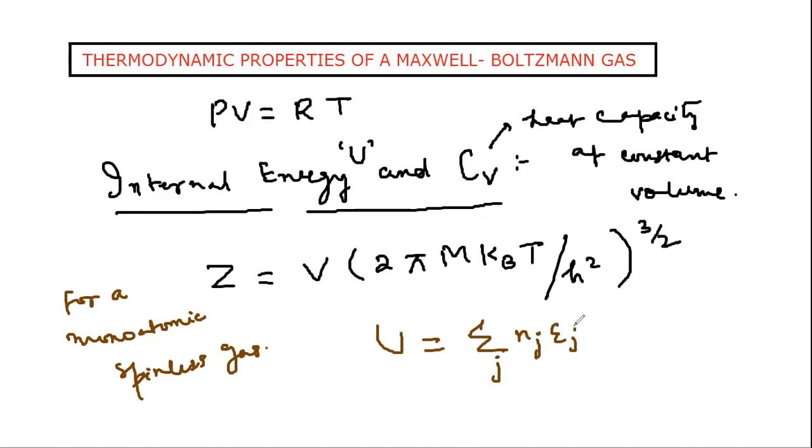We have already used this notation in the discussion of the distinguishable or localized particles case, and we also have written this expression U by N is summation j epsilon_j exponential of beta epsilon_j